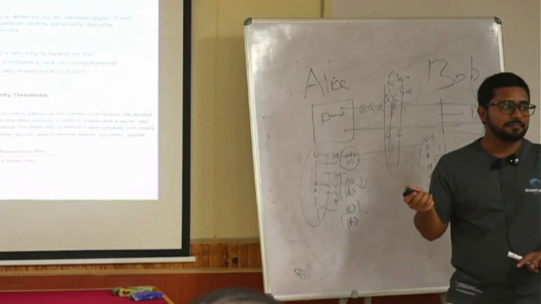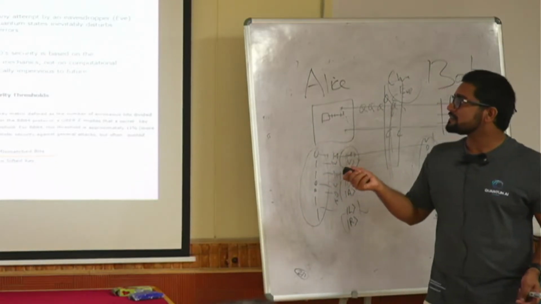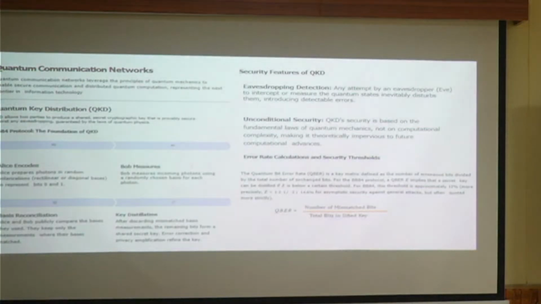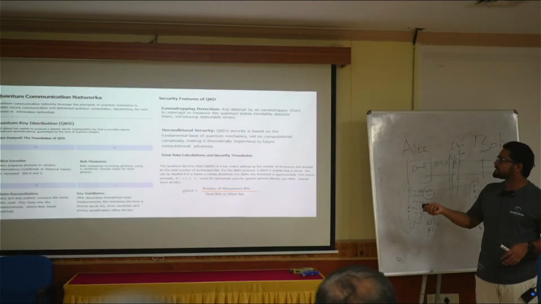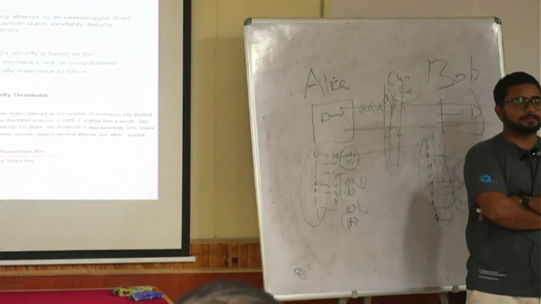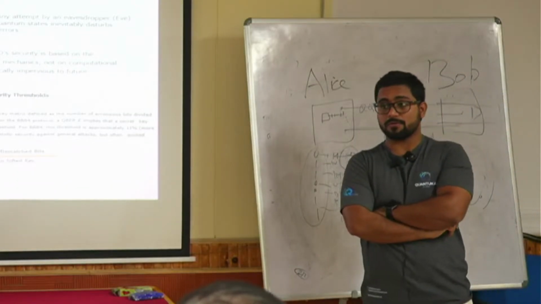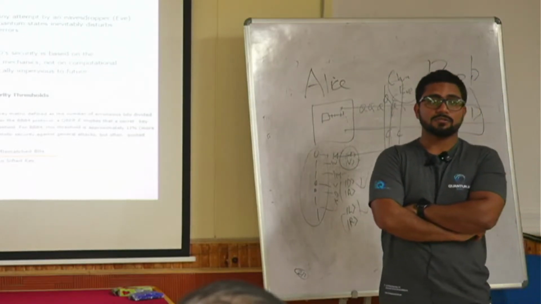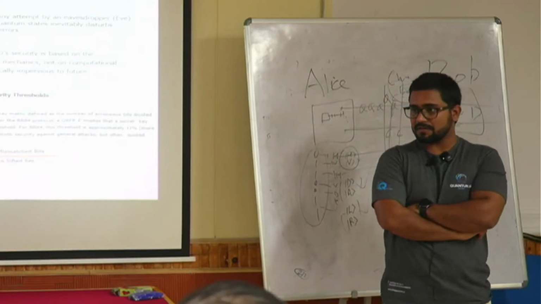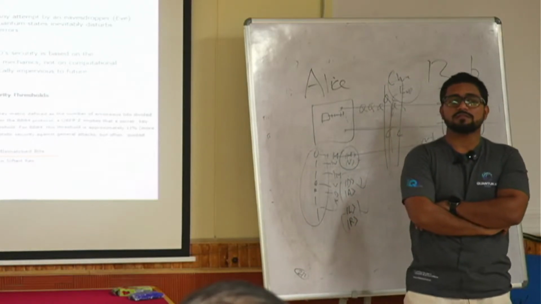So if somebody is hacking the data, you will know. And unconditional security: in principle, these quantum communication protocols are very secure in nature. And error rate calculations, as I discussed. So this is a protocol called prepare and measure. There is no entanglement in between, as you might have noticed. So prepare and measure, where no entanglement is involved, and there is one more set of protocols, which are called